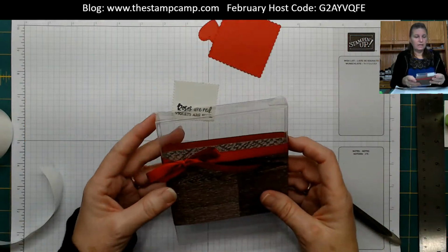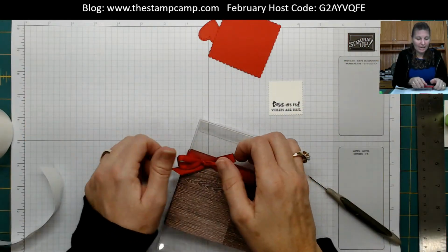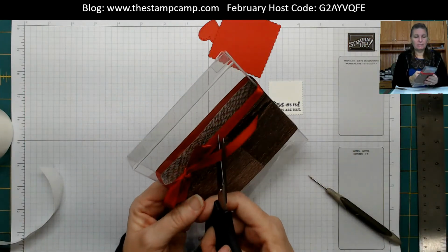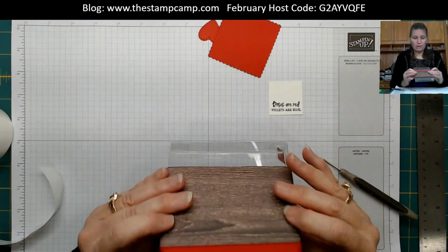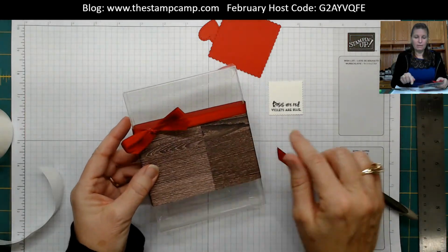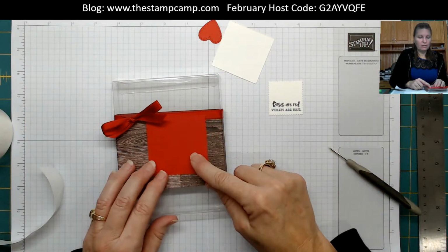And I'll fussy cut with that. Or not fussy cut, I'll fussy tie that later so it's better. But I'm just going to trim this up. Okay, so you've got your ribbon around your box. It's covering the wood grain paper there a little bit because you're going to come in with your